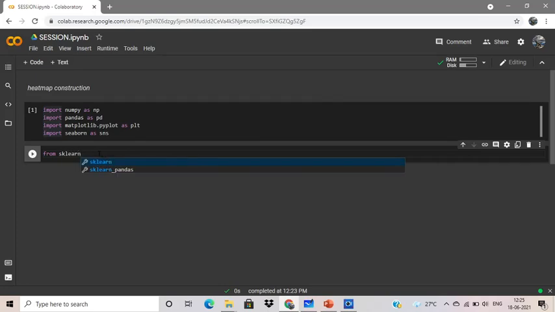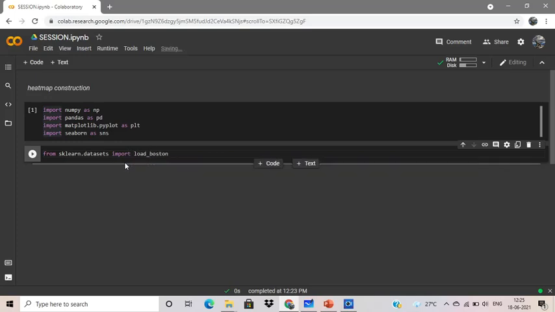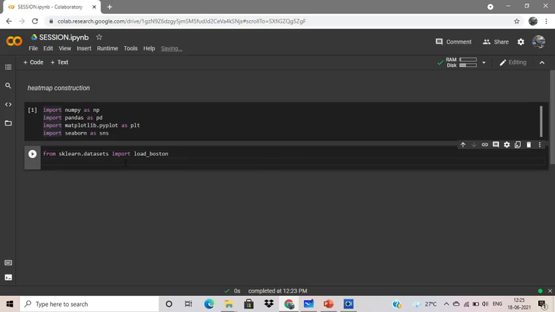From sklearn.datasets importing load_boston. Boston is a city in the USA, and there are different types of houses, and the dataset will be on the prices of those houses.